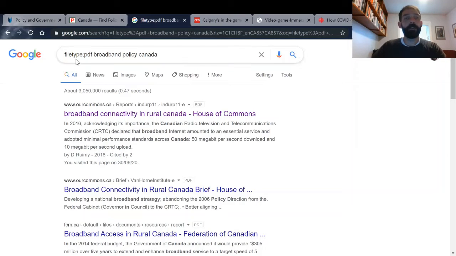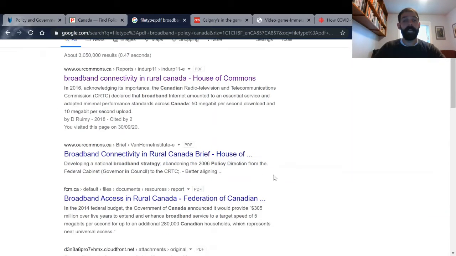So if you're doing a Google search, you can use this identifier, file type :PDF, and then put in whatever search terms you'd like. I find it helpful to put in broadly what my policy area is about. Put in the word policy, because that often narrows it down quite a bit, and then a geographical area. And I find that's a fairly effective search. So this is going to return only PDF documents. So you'll see all my results are PDFs.